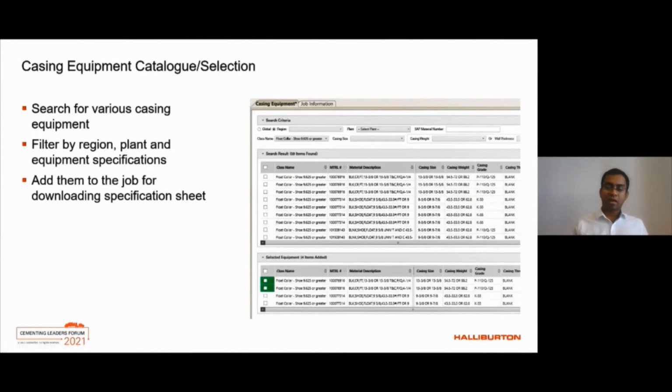The Halliburton casing equipment catalog is directly integrated with iCem. Right now, we'll be able to look for the stock and then search for different casing equipment based on the region and the material identification number, and also some features of the material itself. For float shoe, you'll be able to filter them by casing size and casing weight, and if it is something else, then you will have other filters showing up. And once you add this equipment to iCem, iCem will automatically pull the specifications for this equipment, and then it will add that to the report